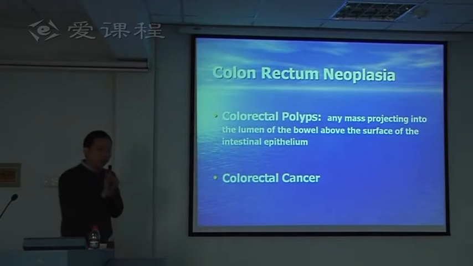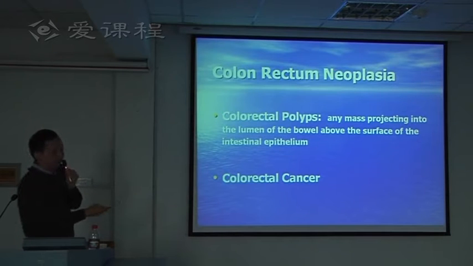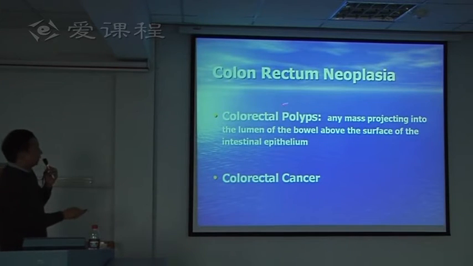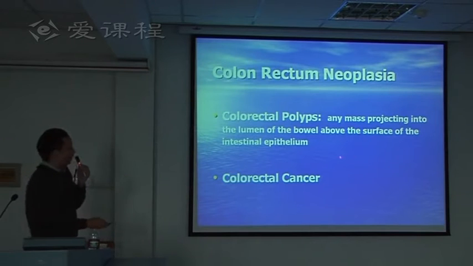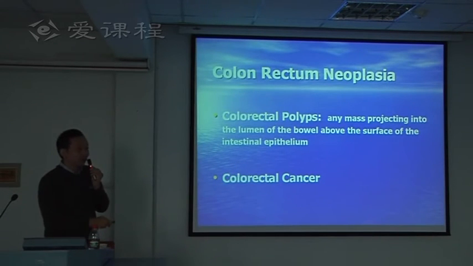So then we go to the third part, the most important part of today's topic: colorectal neoplasia. There are two parts, the polyps and the cancer. What is a polyp? Any mass projecting into the lumen of the bowel above the surface of the intestinal epithelium. So any